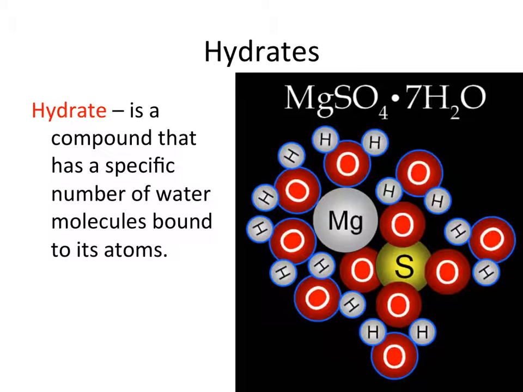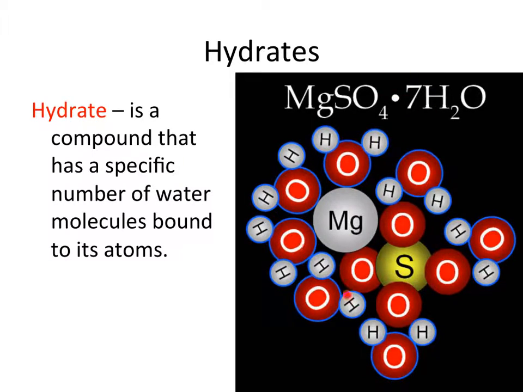So let's go back and remember what a hydrate is. It's just a compound that has a specific number of water molecules bound to it. So that ratio doesn't really change. In this case, when we have magnesium sulfate, we have 7 water molecules attached to it, and it goes into various configurations. So what we can actually do is figure out what this formula is by